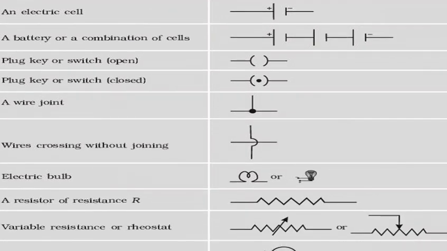Wire joint, this is a wire joint. So here current will flow in both the wires, and it will bifurcate in both the wires. Next is wire crossing without joint. In this, current will flow, but will not be added because they are not connected to each other. They are just crossing each other. We will be learning it in our Kirchhoff laws. So they are not connected, and this one is connected. Fifth one is connected, and sixth one is not connected.